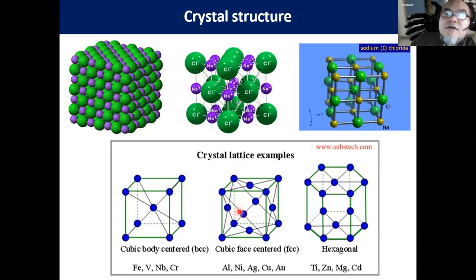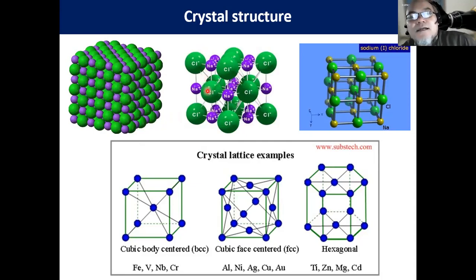Why is it called crystal? Because they occur in periodicity. For example, in this case, the blue or purple balls represent the smaller cation, sodium, while the green balls represent the larger anion, chlorine ion. So here you see the periodicity in 3 dimensions. In crystal structure, usually the periodicity is in 3 dimensions. After one green ball, there is a purple ball, etc.